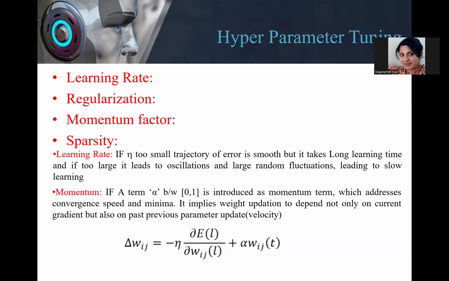So what is the other way out? The other way out is to increase the step size. Now that increase has to be balanced, because if the step size is too large, it will lead to oscillatory behavior because my fluctuations will be too many. Maybe I'm missing the global minima. I'm jumping to another part, having already missed it, because the step size is so large. So it definitely leads to slower learning, more fluctuations, and definitely the oscillatory behavior, which is not preferred